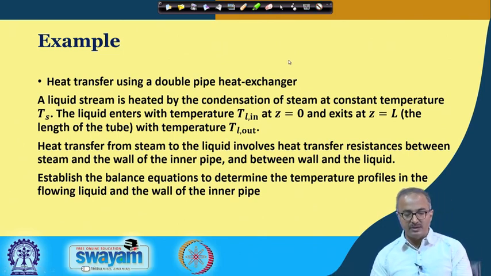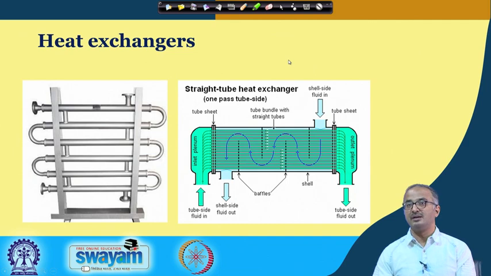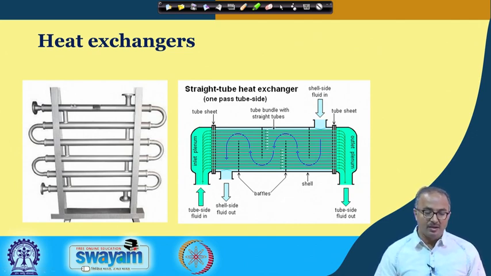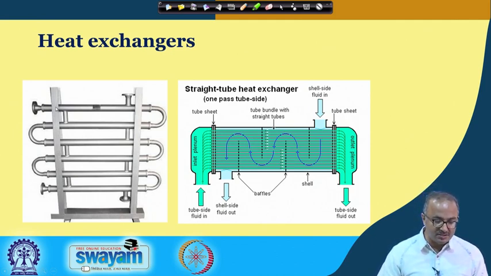Because we have been asked to find the temperature gradient, we will be looking into the energy balance equation. Before this, let me show you what a typical double tube or double pipe heat exchanger looks like. It is sometimes called a double pipe heat exchanger, or a tube in tube heat exchanger. You can see from outside how it looks. There is a tube inside, this one showing the inner tube, and this outer one is here, and there is the inlet of the outer tube.